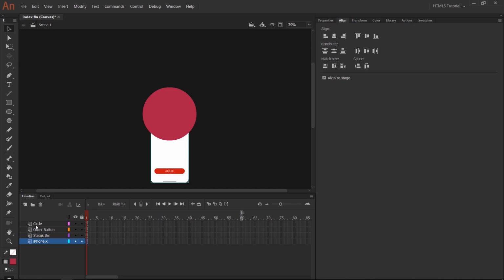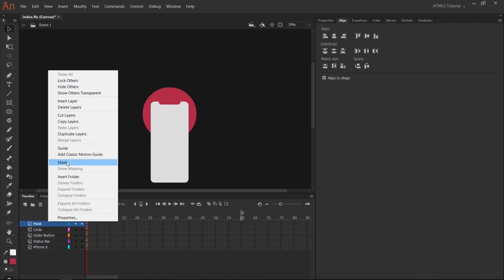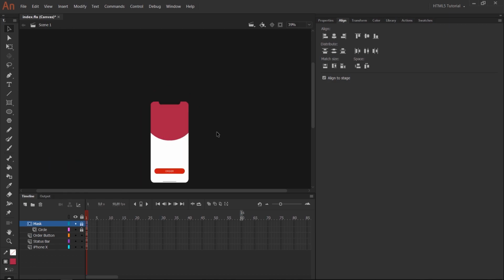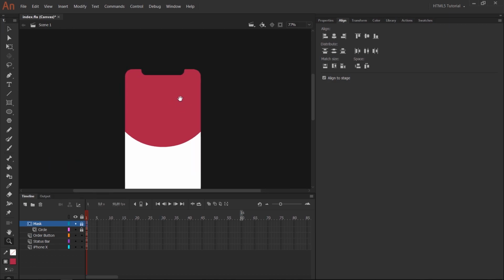here. I'm going to create another layer here called mask. I'm going to paste this, press Ctrl or Command B a few times to get a raw shape. I'm going to right click and set to mask, okay? So this shape will be masked. All right,